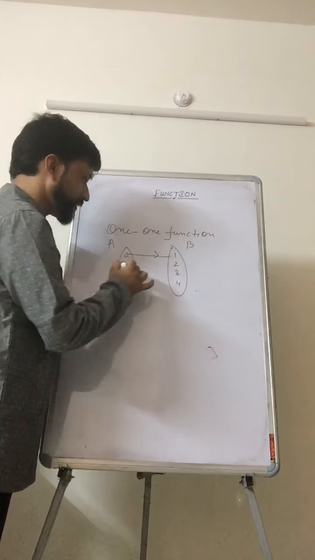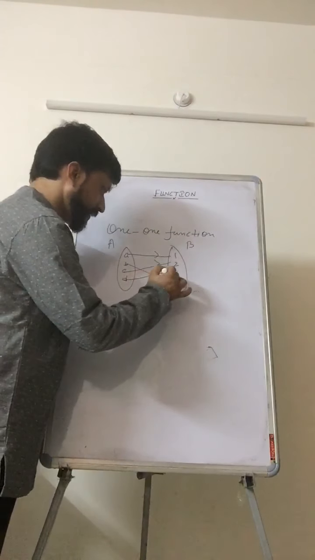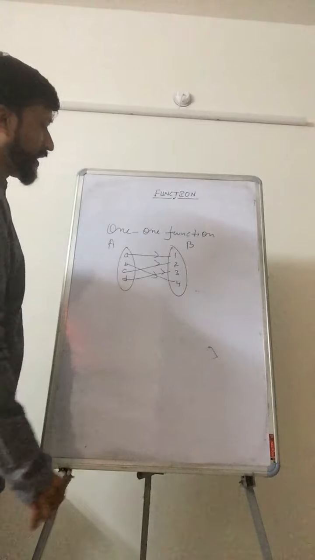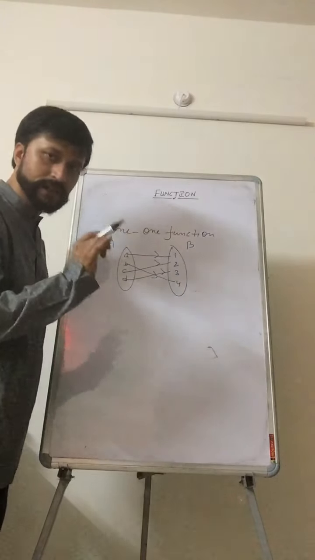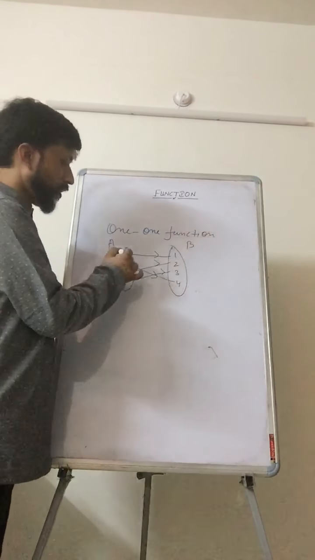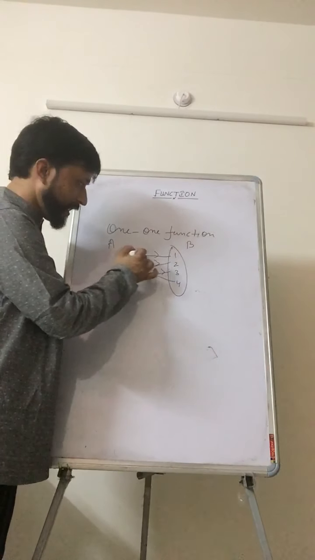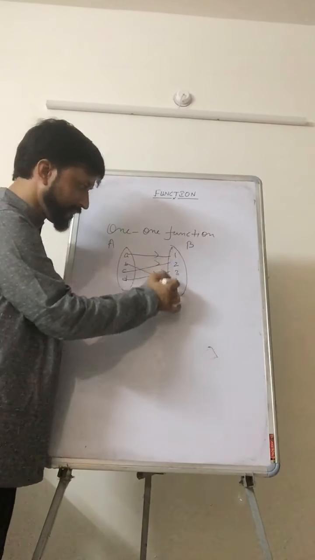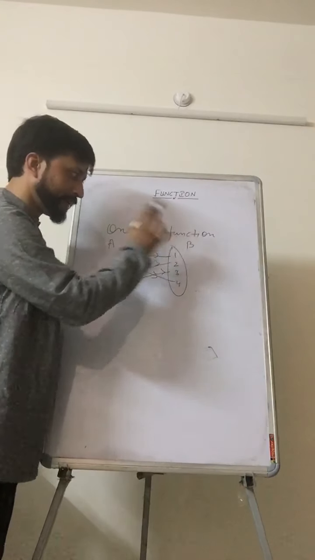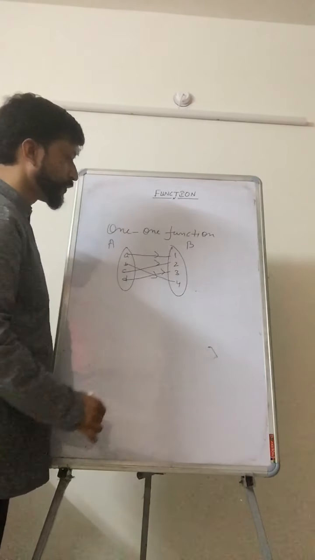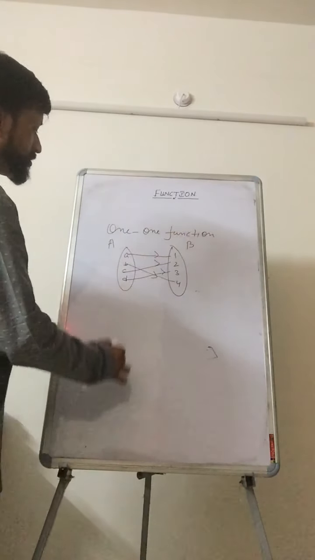Suppose 1 is linked with this, B is linked with 4, C is linked with 2, and D has associated with C. So what we are observing is that all members must be associated. This is the first condition of a function. Okay, so all members are associated. Now how have they associated? See, A has associated with 1. All these are different. Means different elements have linked with different elements of set B. So a function like this is called your one-one function. So this is an example of your one-one function. Now a many-one function example.